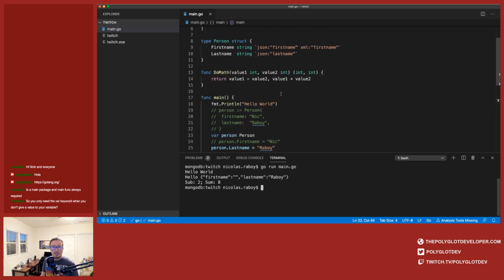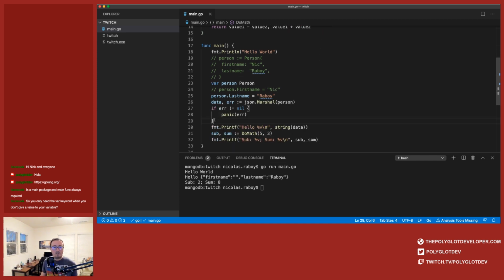So there are plenty of reasons why you would want numerous returns. This is not one of them. Typically, you're going to have numerous returns. One's going to be an error, and one's going to be your actual desired result. So that way you can do error checking, because error checking in Go is going to be different. The way that you check for errors in Go, as far as I know, try catch blocks are not available in Go. So it's just how you do business is different. You're going to be finding yourself doing a lot of this, and that's fine. That's just how Go operates. So let's go ahead and try something else.